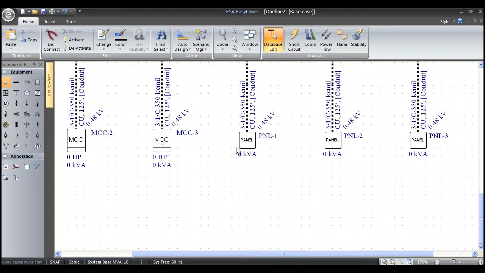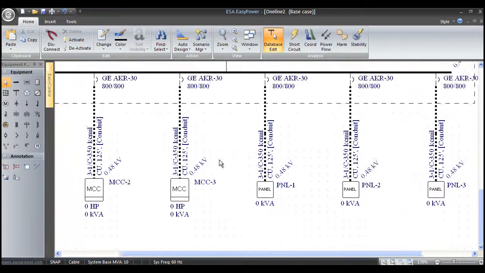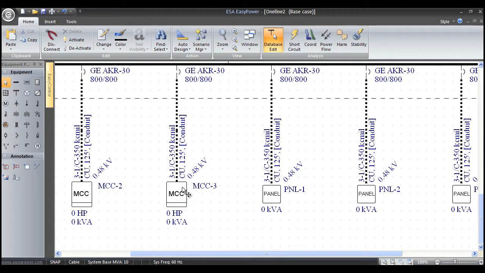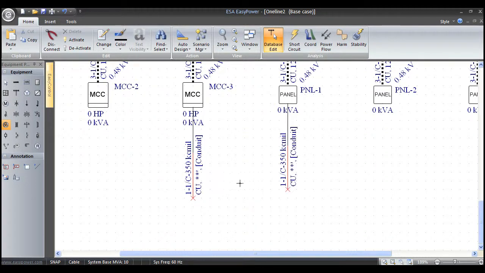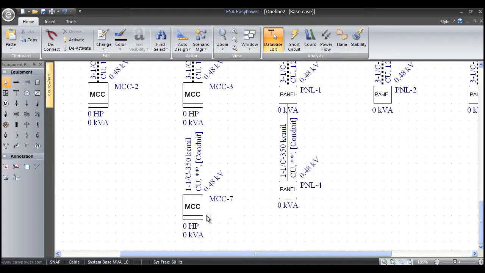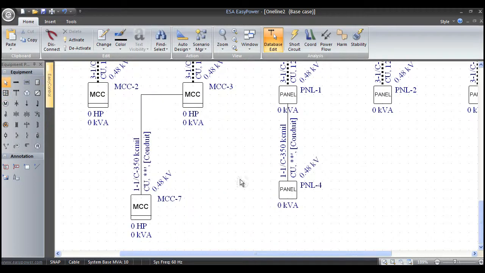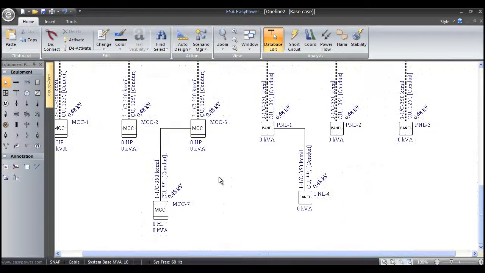Now both panels and MCCs are also buses, because you'll see these branches terminate on this 800 or 1200 amp MCC bus, or this 225 amp or 400 amp panel, whatever size it is. So what that means is we can actually grab a conductor, and so we can attach other panels or daisy chain other panels or transformers to these MCCs and panels. We'll grab another MCC and snap it in another panel, and we can actually daisy chain these units, and then